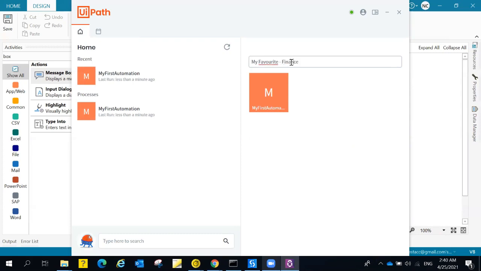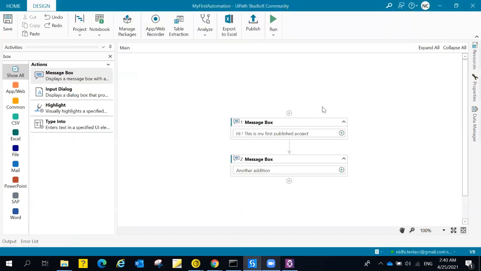So you can just say from your finance department. Similarly, you can create more sections as per your department or your area. You can make it customized and pin your favorite processes here. And this is how you can make use of the UiPath Assistant. Without going to the StudioX screen, just make sure that you go to the assistant or use the keyboard shortcut, and you are ready to run any of your automation projects.